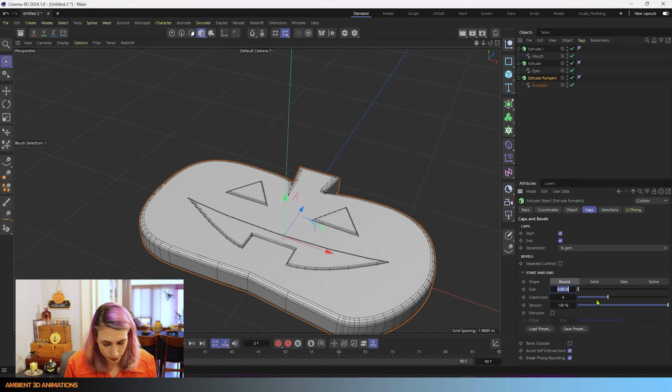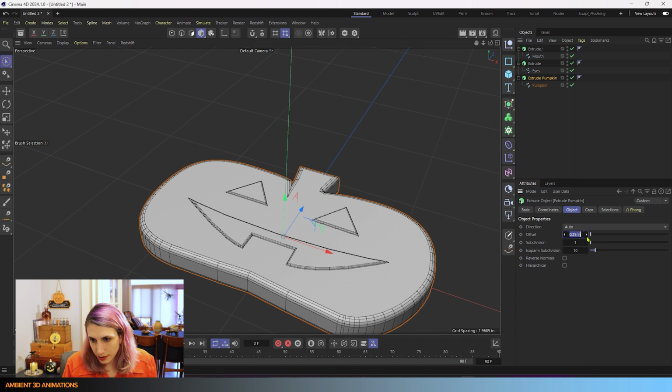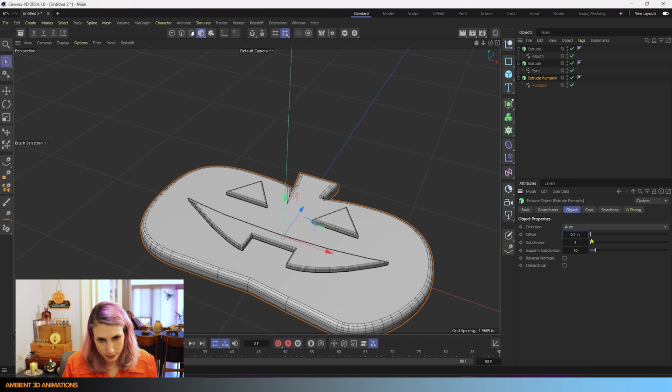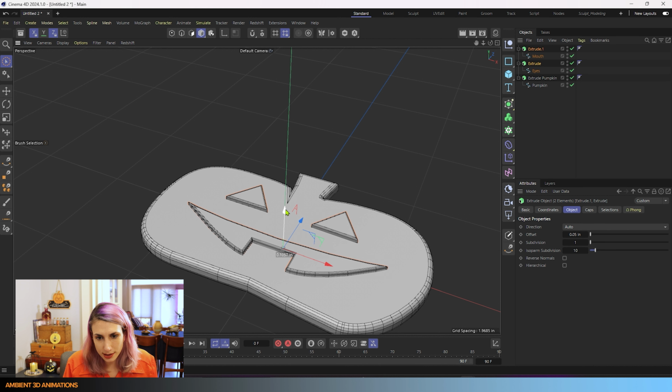I think what I'll do is I'll increase this and I'll reduce this. So I like this shape more. And we're just tweaking this a little bit. You can tweak your own cookie while you're watching me tweak this one.